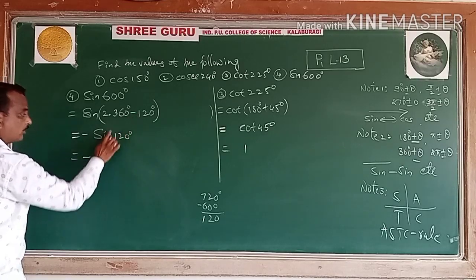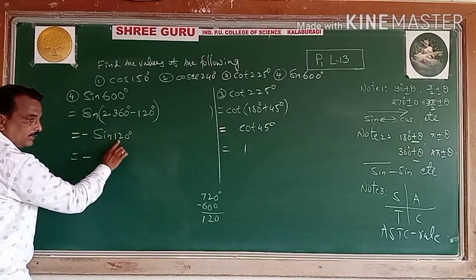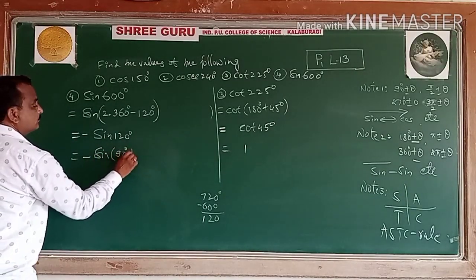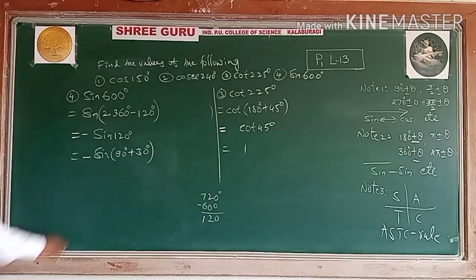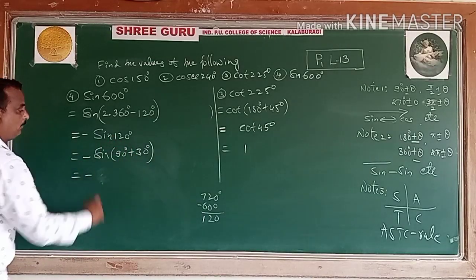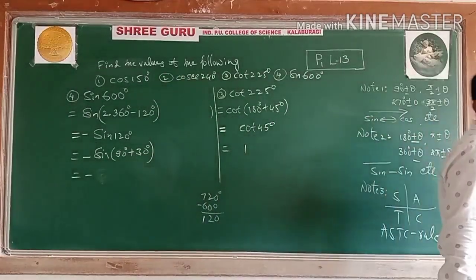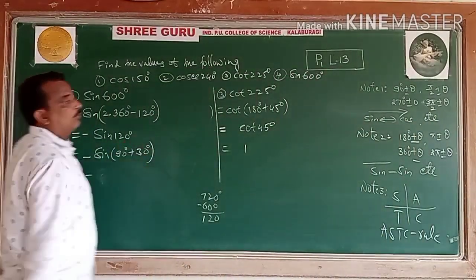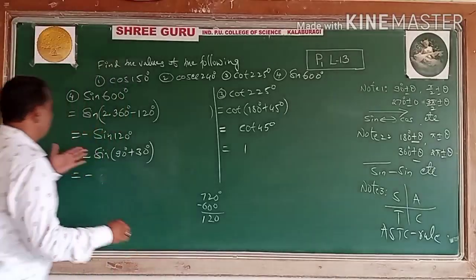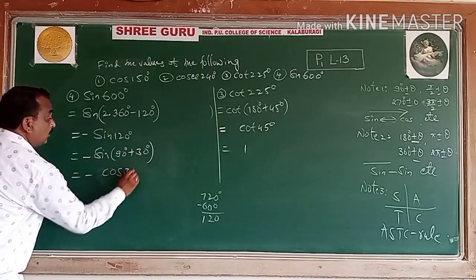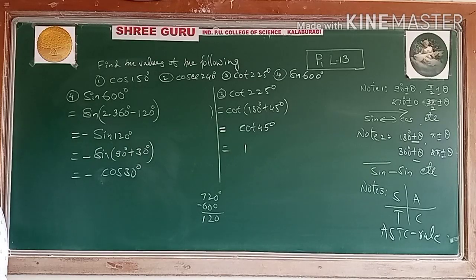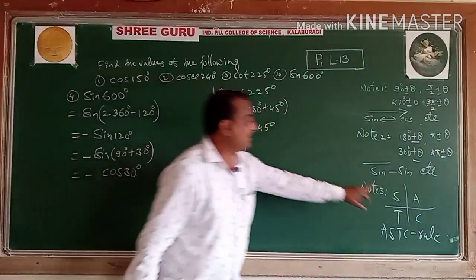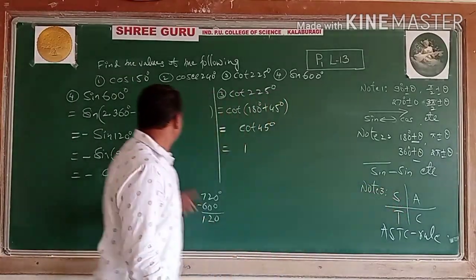Fourth quadrant it is. Now you should write it again. Do you know whether this is a standard angle? No, it is not a standard angle. You don't know this value. Once again you have to convert this one. So 120 can be written as 90 plus 30. This minus stays as it is. Now tell me, sin 90 plus theta, 90 plus theta, 270 plus theta: does the function change or stay the same? The function changes. What type of change? Sin becomes cos. Theta is now converted in terms of standard angles. It changes to cos. Which quadrant do you have to see again, for the sign of this one? Which quadrant is it? 90 plus, second quadrant. Sine and cosec are positive. It is sine also.